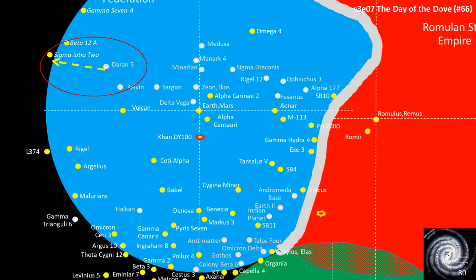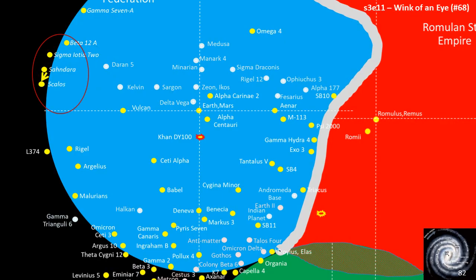In the episode, The Day of the Dove, the Enterprise travels to a fake Federation colony. In the episode, Plato's Stepchildren, the Enterprise comes across Sandara, an alien planet. This would have to be outside of Federation space. In the episode, A Wink of an Eye, we travel to the beautiful planet of Scarlos, which appears to have